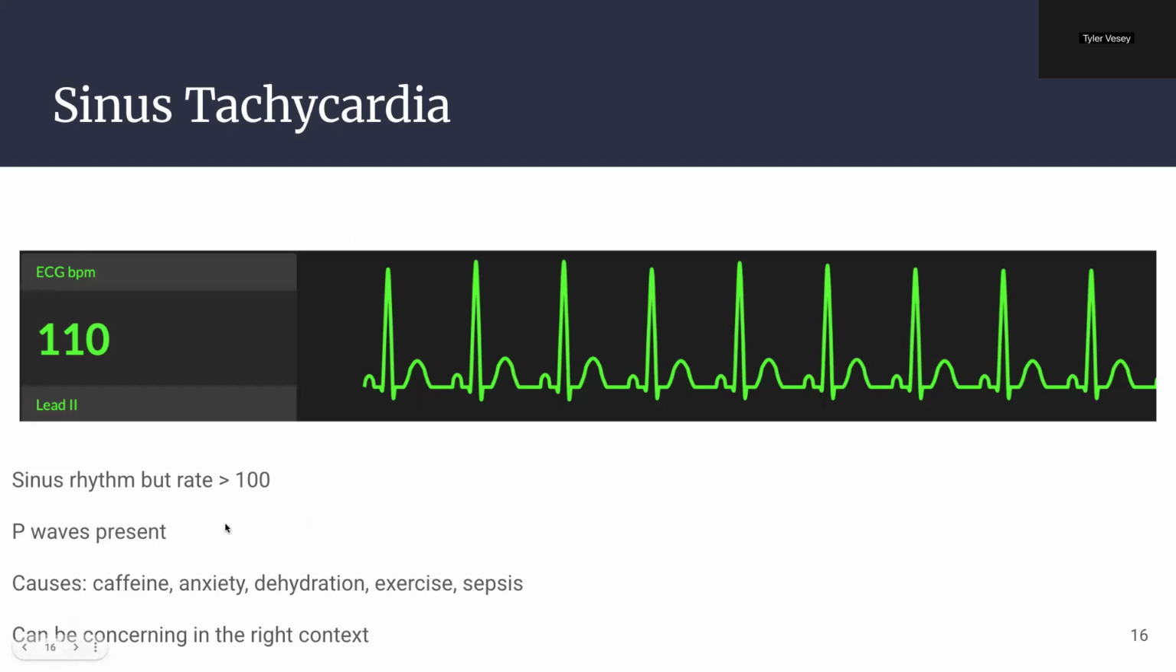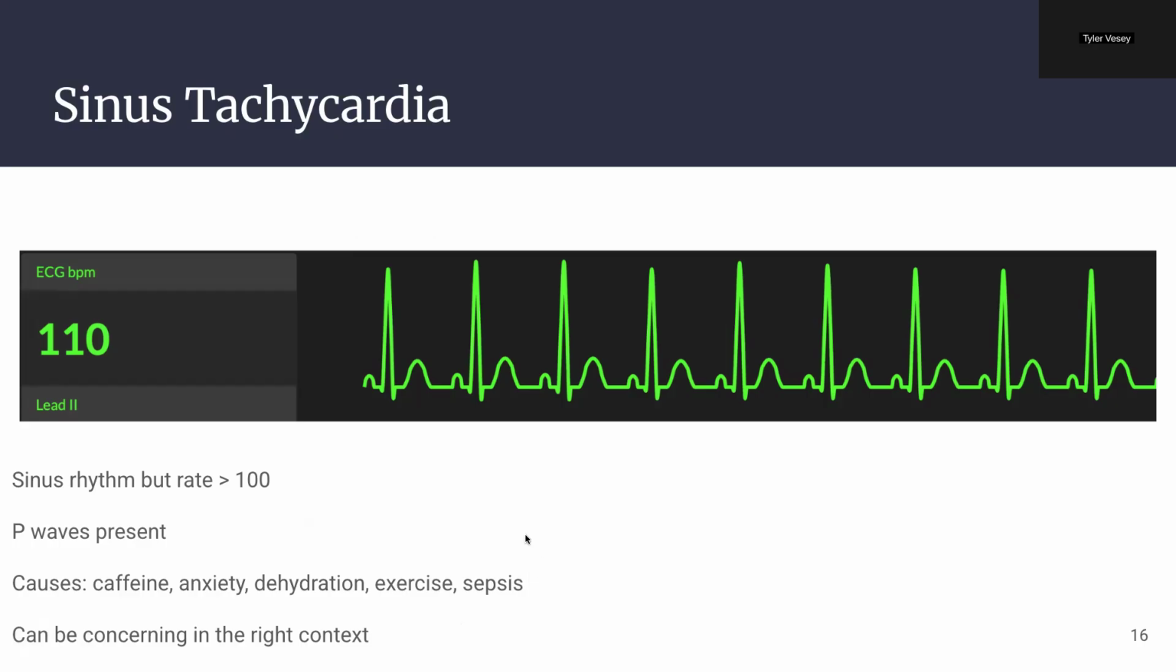Caffeine use, anxiety, dehydration, exercise, sepsis, difficulty breathing. This can be a concerning finding, but it has to be in the right context. So if you have someone who's having difficulty breathing with low oxygen levels and they're tachycardic, that's just another piece showing that there's some sort of oxygen demand that's not being met in the body. Meanwhile, in sepsis, it's a compensating mechanism for trying to get fluid throughout the body and maintain an